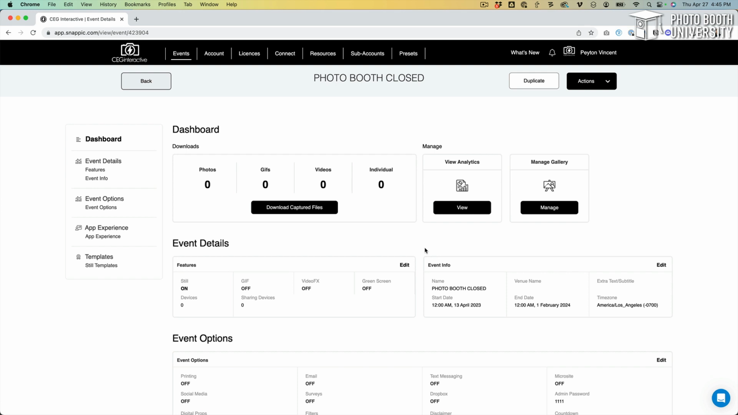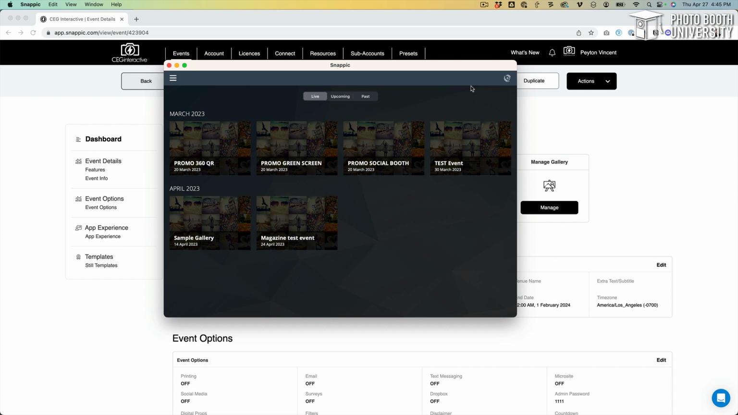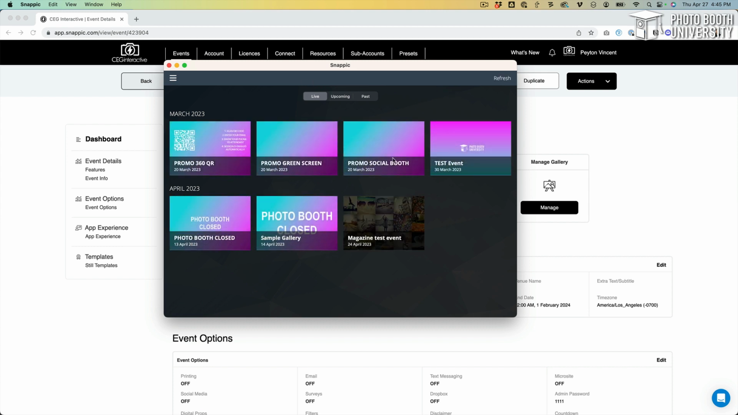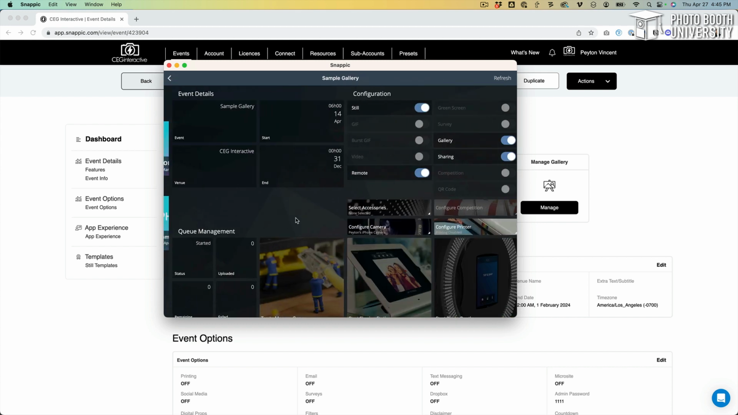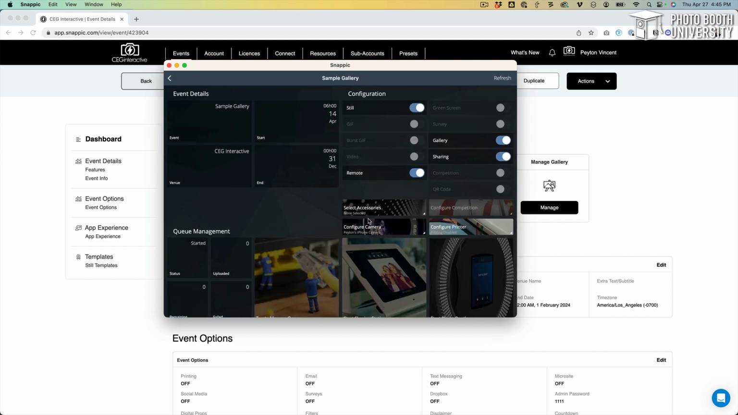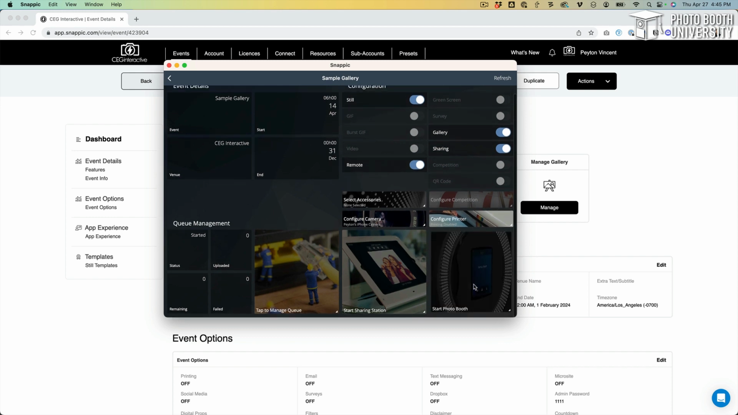Now we are going to open up Snappic right here on my M1 MacBook Pro. Our latest events will load, so just think if you were at an event, you could use your standard event, get everything tested, create your test photos, send them to your event manager, make sure everything's good to go. If you need to close the booth, you would exit out of your event, go to the home screen, click on Photo Booth Closed,